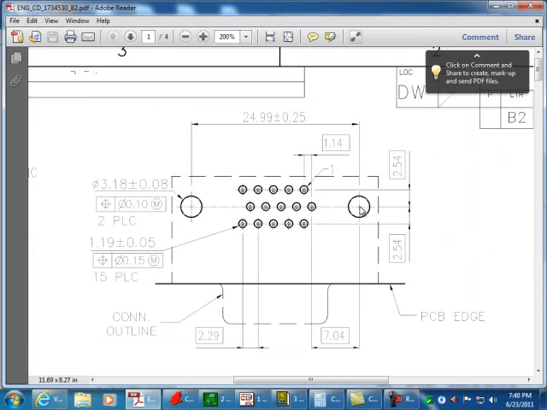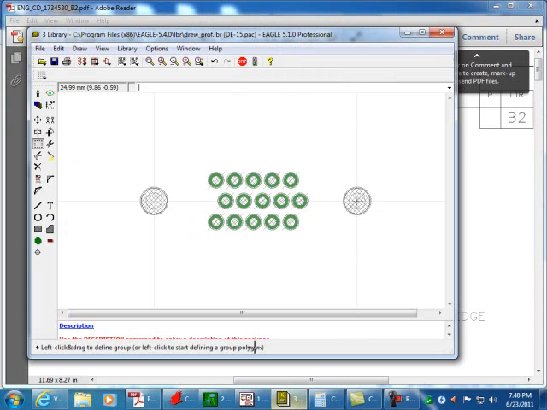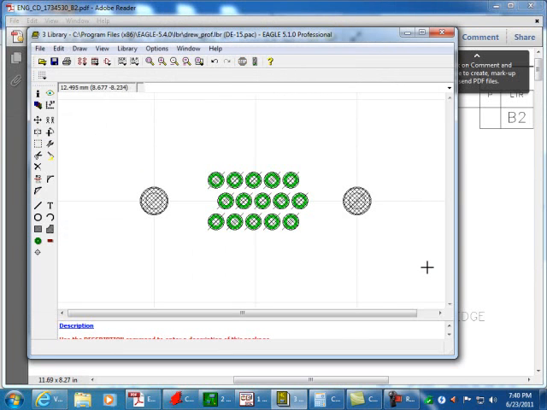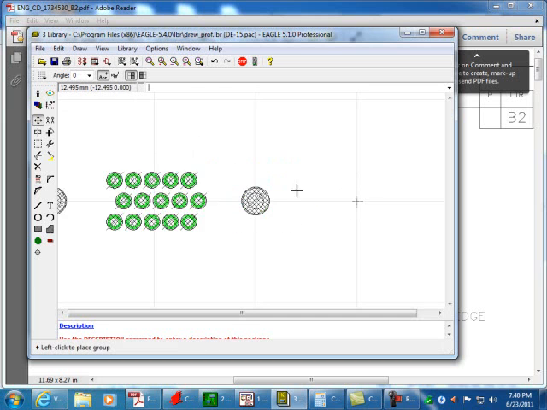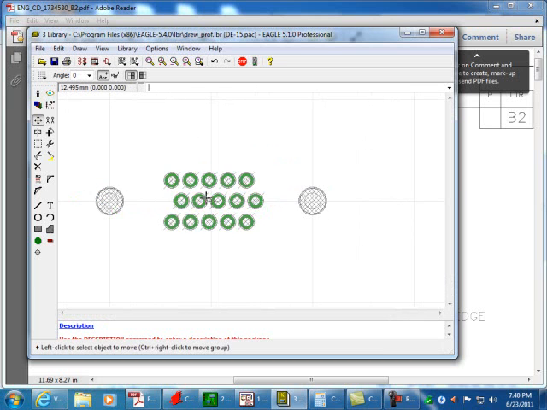Now, I know I'm here. I know the distance to this one. I can tell that these are equal spaces from the sides. So I'll actually take 24.99 and divide it by 2. And hit Control C to copy that. And I'll set my grid to that. Select everything. And then, oops, wrong direction. I've actually centered everything